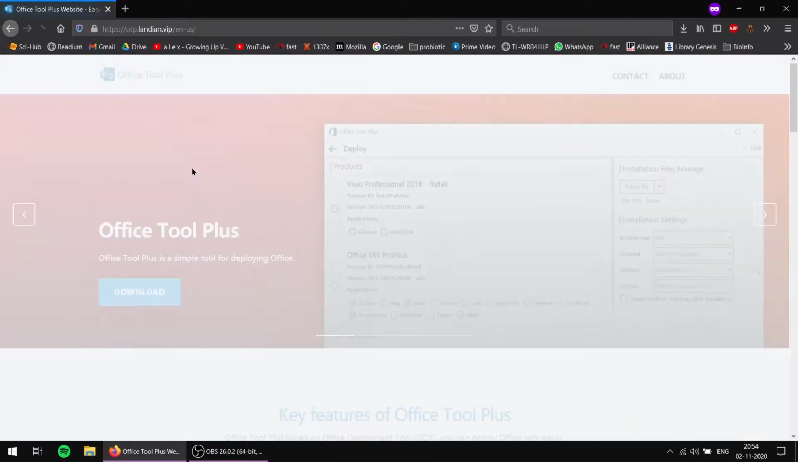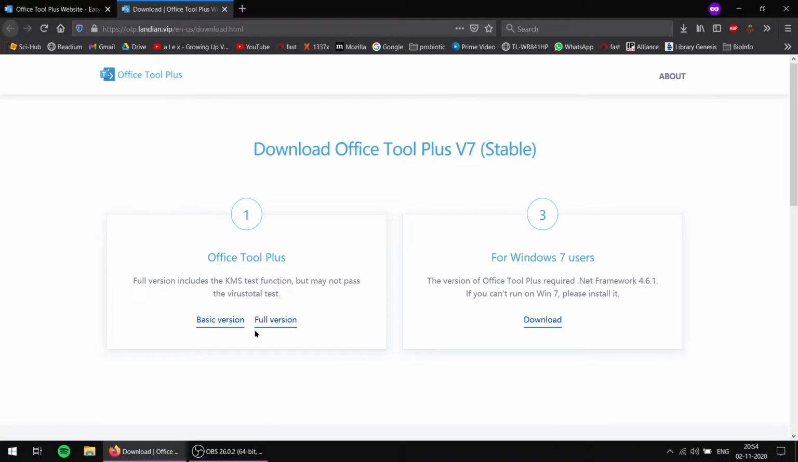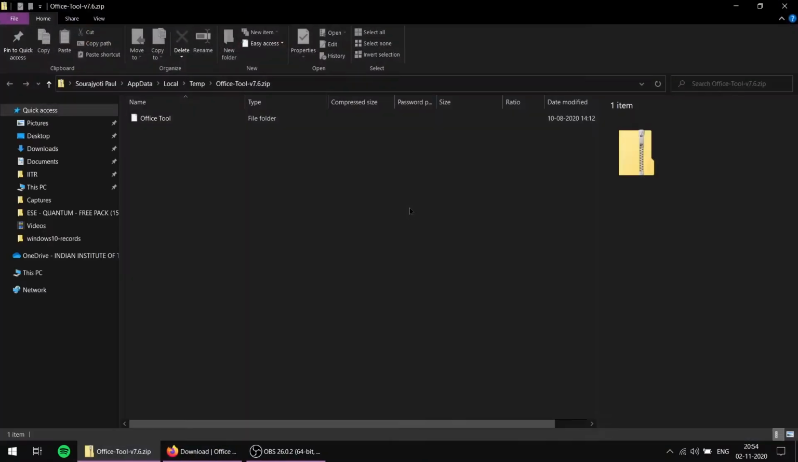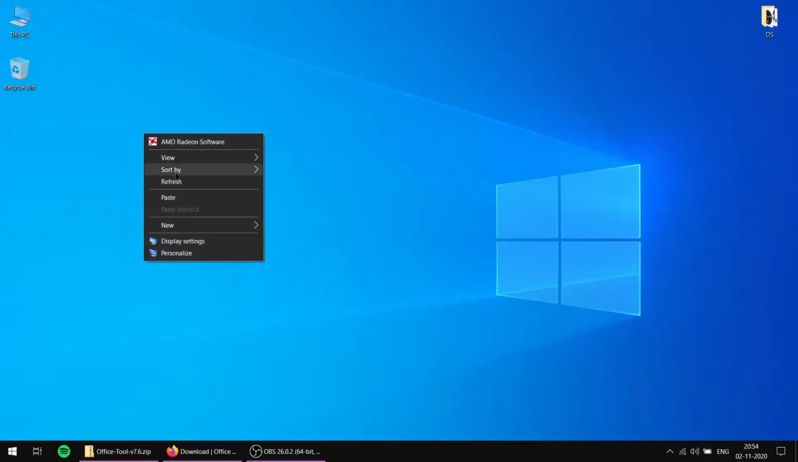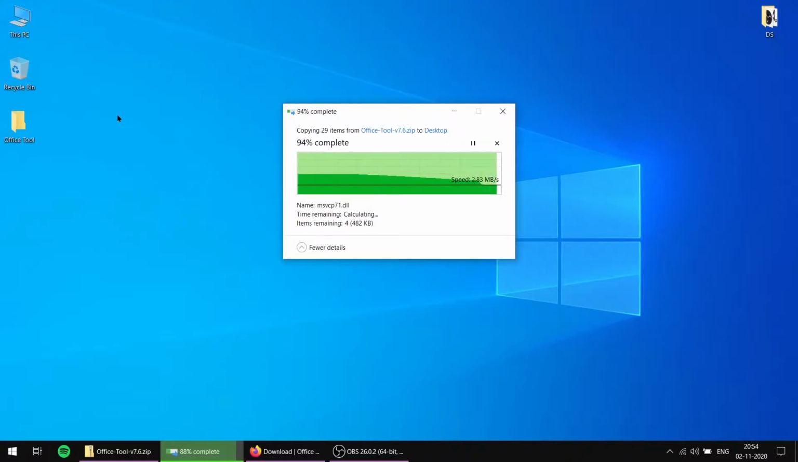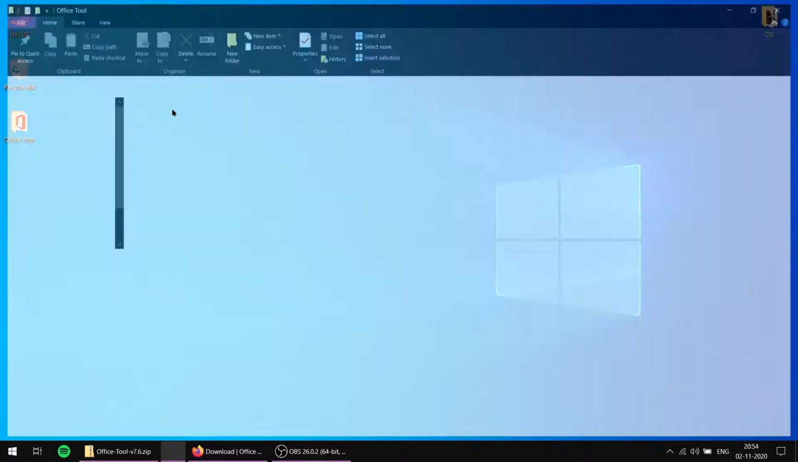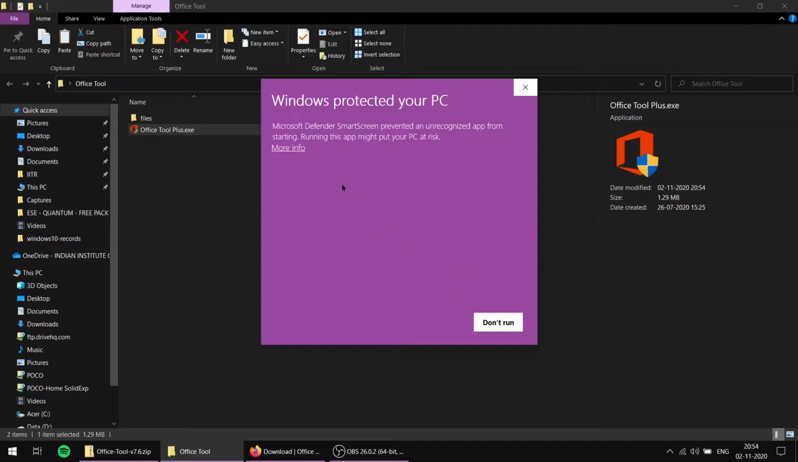You need to go to this website. The link would be in the description. And you need to go to the download page and download the whole version. Unzip the file. Doesn't matter where or how you download it, just unzip it and open this program. So after opening, just run it as administrator, and you can see the program